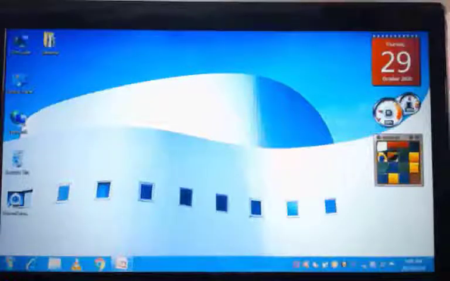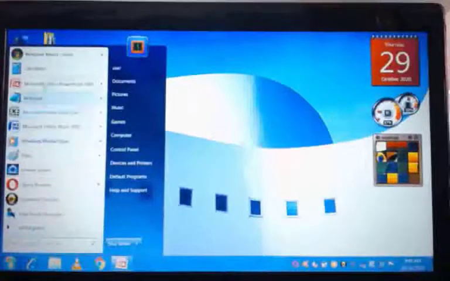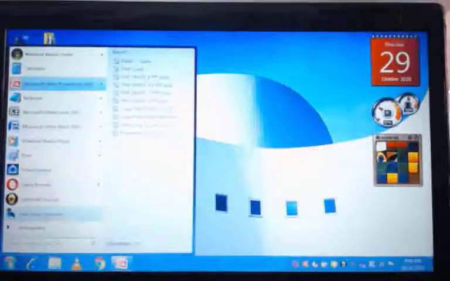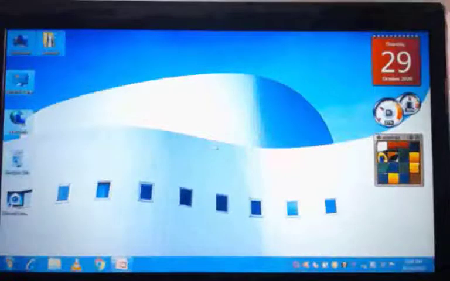This full bottom bar is called the taskbar. The start button is used to open the start menu and access programs. When you click on this start button, it shows the menu of the programs installed in this computer.